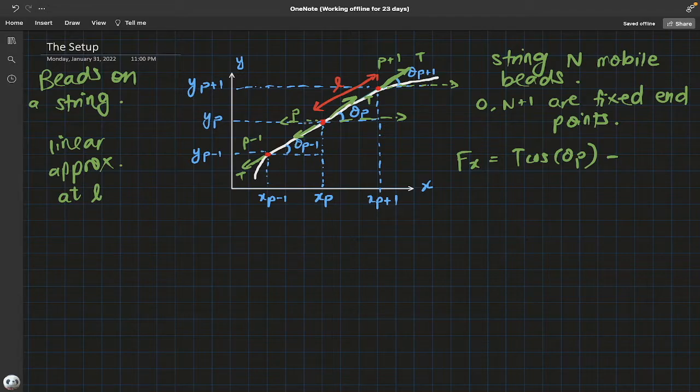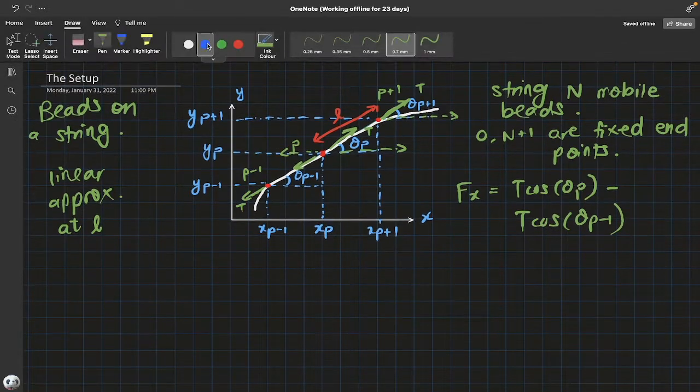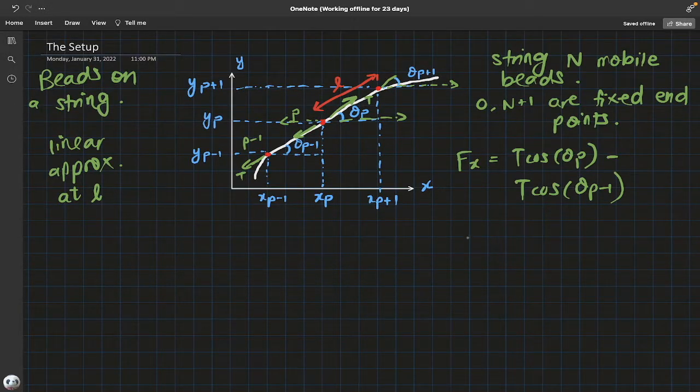You can use some interior alternating angles argument to get a theta sub p minus 1 there. So we have T cosine theta sub p minus 1. Forget I talked about tension on the upper part. That's irrelevant because p is basically our reference point. So I'll just adjust a few things here. Okay, so now